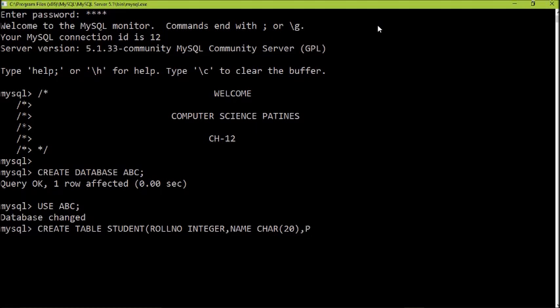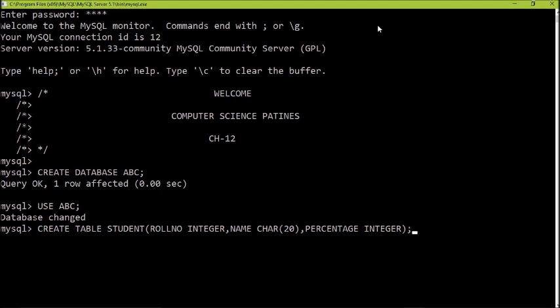Okay, now third is percentage. Let me write it completely, and its data type I'll be taking integer again. You can use float also, there is no problem. You can use decimal also, you can use double also. See, it's totally dependent upon your requirement.